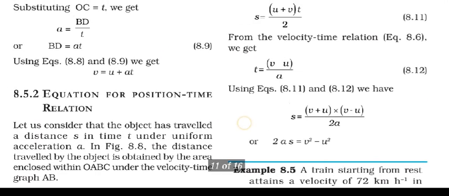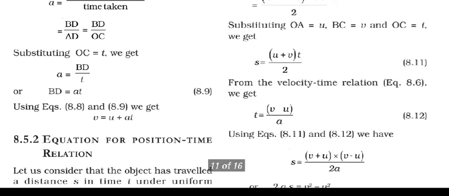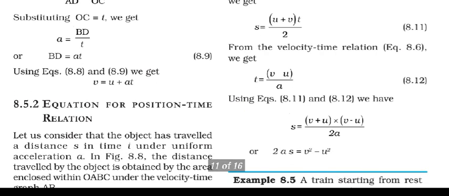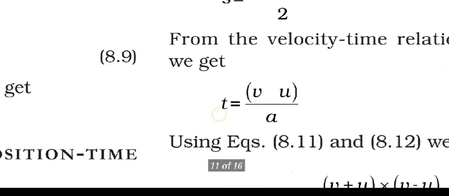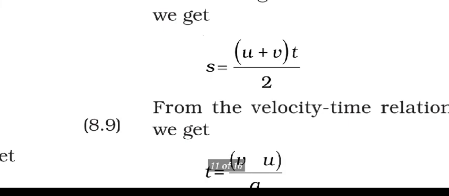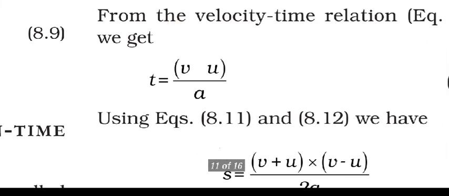Okay, when we let u go to the other side, it will get the negative, and we will get v minus u. Then we take t, which is here in the multiplying, and it will go to the form of dividing. So we will get the value of t is v minus u upon a.